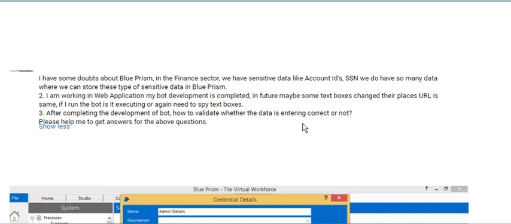For example, they changed some text boxes, some buttons, they added some new ones, or they changed the ID of the old text boxes. In that case, the bot will not work. So the client as well has to come up with a CR, change request. So that is the reason we have the option after the production has been completed, after go live has been completed.